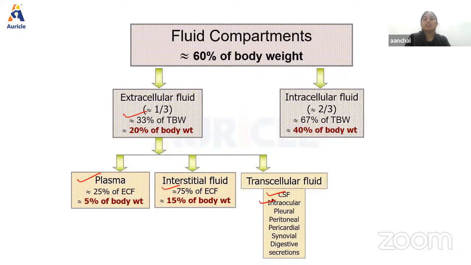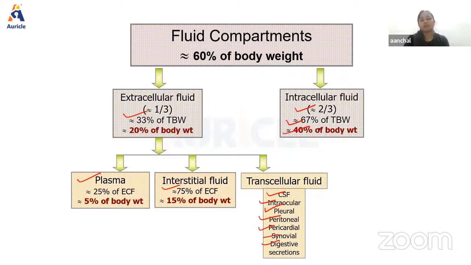Cerebrospinal fluid is present in the brain, intraocular in the eyes, then we have pleural, then peritoneal, pericardial, synovial in joints, and digestive secretions. Pericardial is around the heart, peritoneal around the abdomen. So these are the various types of fluid that are part of extracellular fluid. Okay, and talking about the intracellular fluid, it is 2/3, composed of 67% of ECF and